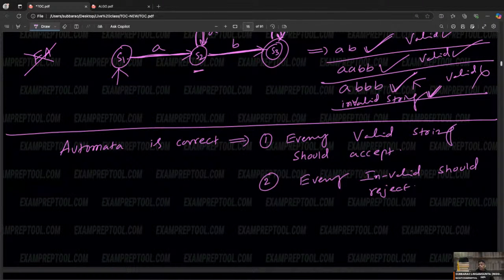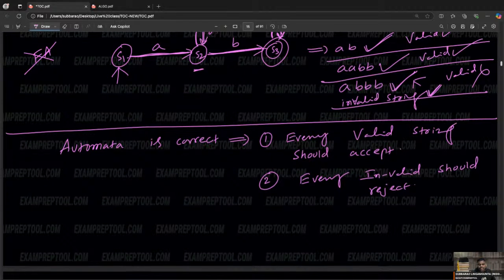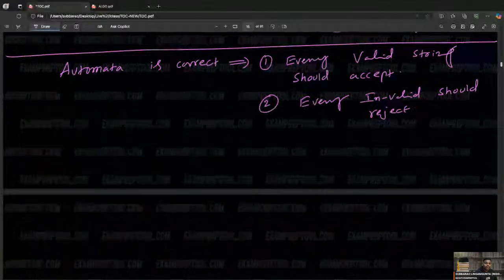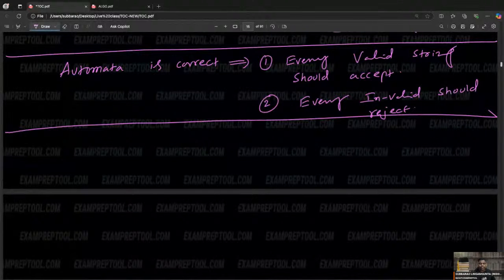One invalid also accepting, your automata is wrong. One valid also missing, your automata is wrong. So finally, to solve L4, finite automata is not possible. So some people are asking, because the finite automata fail, what should I do, sir? To accept L4, go for something more than finite automata.